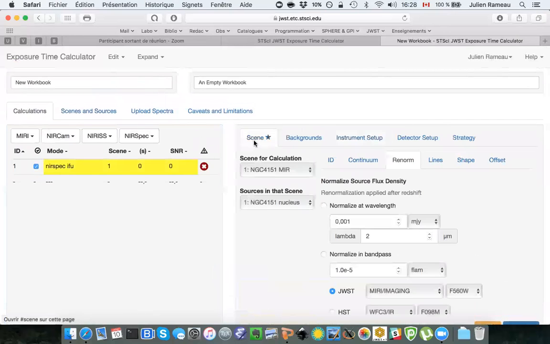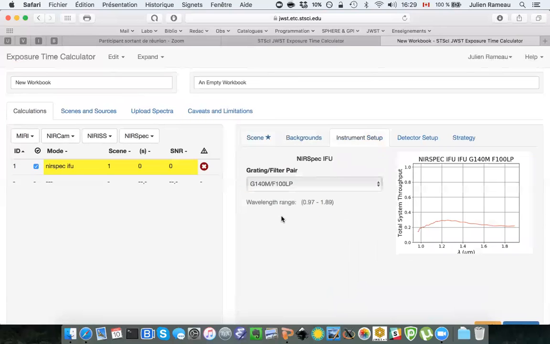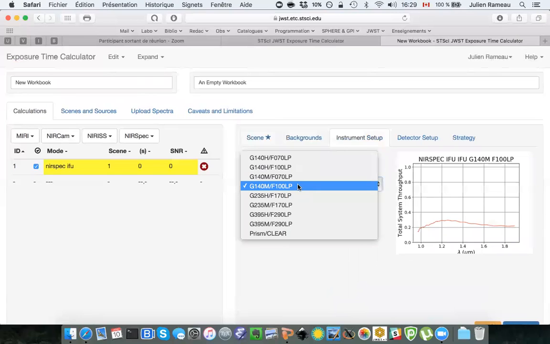IFU here, scene, I will select the near-infrared source. Background, it will be the low configuration. My target is so bright that it won't be a limiting factor. It's okay. Instrument setup. As we saw during the presentation, at the highest resolution, we need 3 configurations through 3